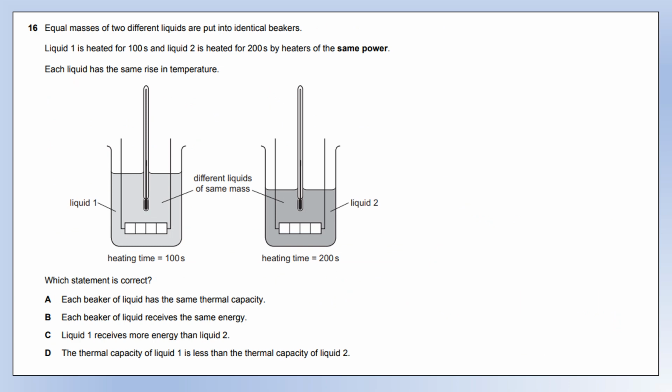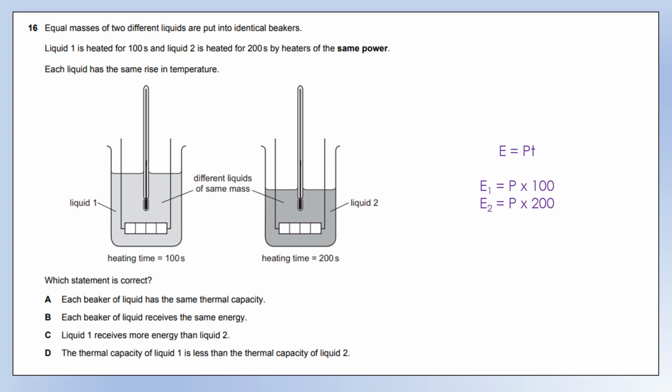Equal masses of two different liquids are put into identical beakers. Liquid 1 is heated for 100 seconds, liquid 2 is heated for 200 seconds by heaters of the same power. So we've supplied the same amount of energy every second. Each liquid has risen by the same temperature. Which statement is correct? So, in terms of energy, the first one had half the amount of energy delivered that